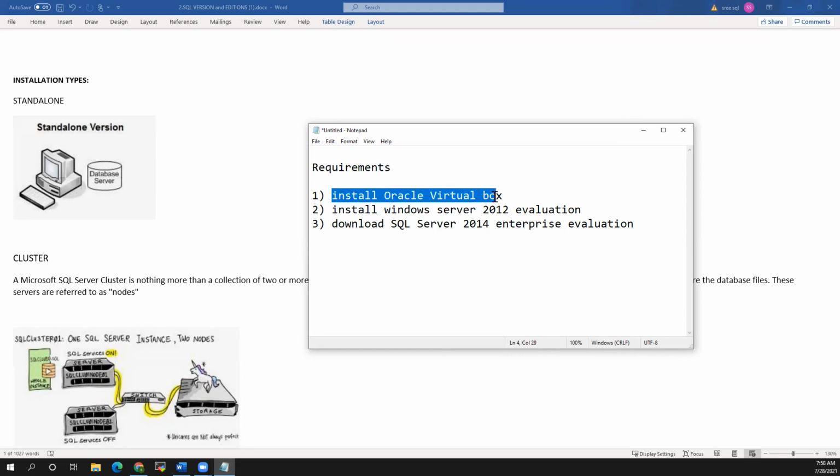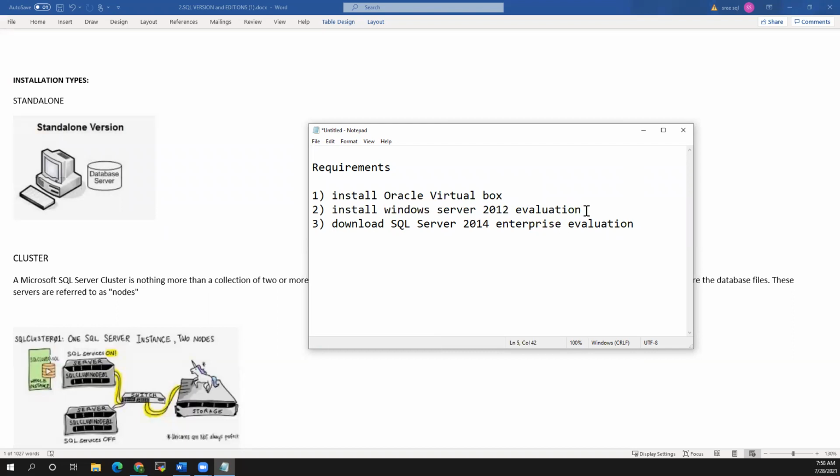Install one Oracle VirtualBox. Just check on Google how we can install. This is like a VM box only. Why I'm giving this option is that instead of running on your server, whatever Windows server you can also install, but if you have it separately, you get better visibility and better separation. Install Windows Server 2012 on this virtual box. Install this Windows Server 2012 evaluation edition.